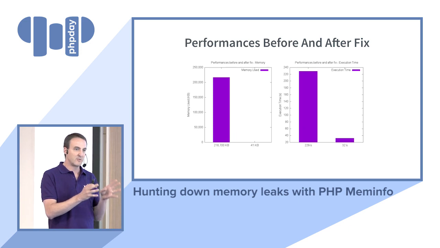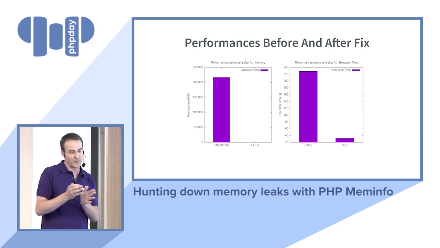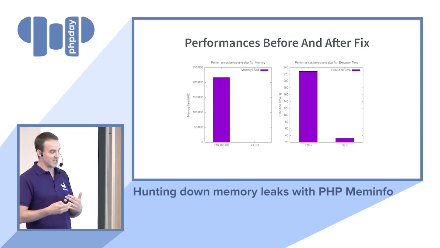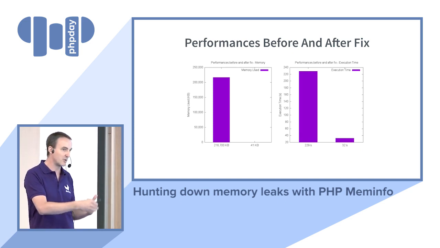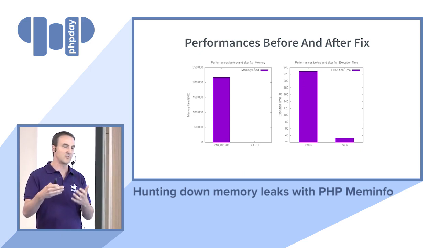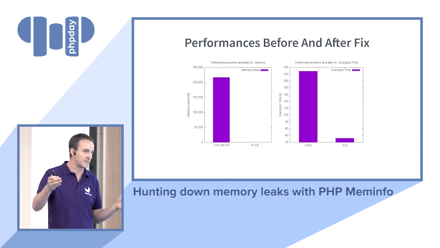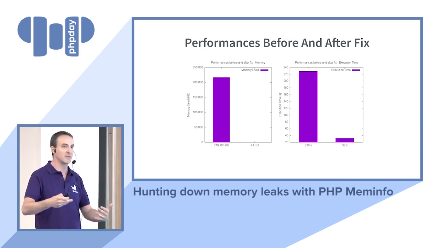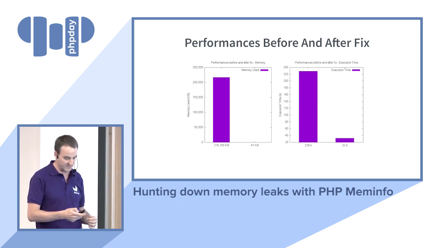Here, the impact on performance comes from two parts. The first one is the memory leak itself, but the second one is the effect of the memory leak on some parts of the application. Here, we are using a unit of work, and the unit of work is getting slower and slower the more objects you have in it. And it's often the case, when you have a memory leak, that some part of your application will iterate over the objects that are leaking, that are keeping references. So it's one of the other reasons why it's slowing down, because some parts have to do more and more work around these objects that are leaking.